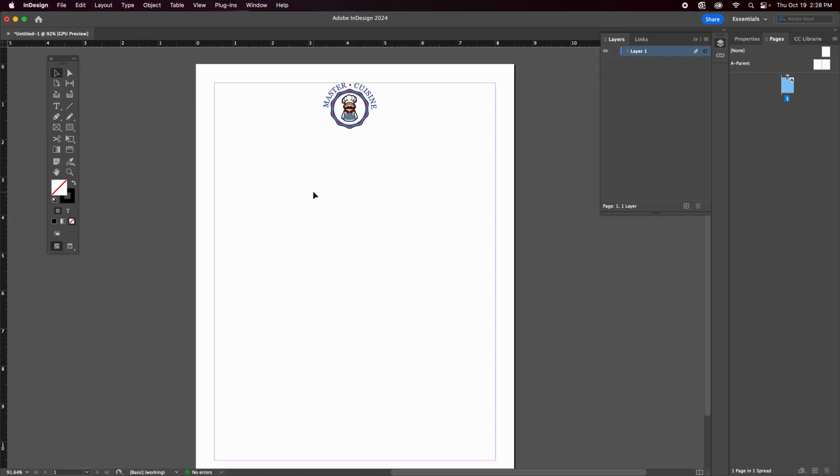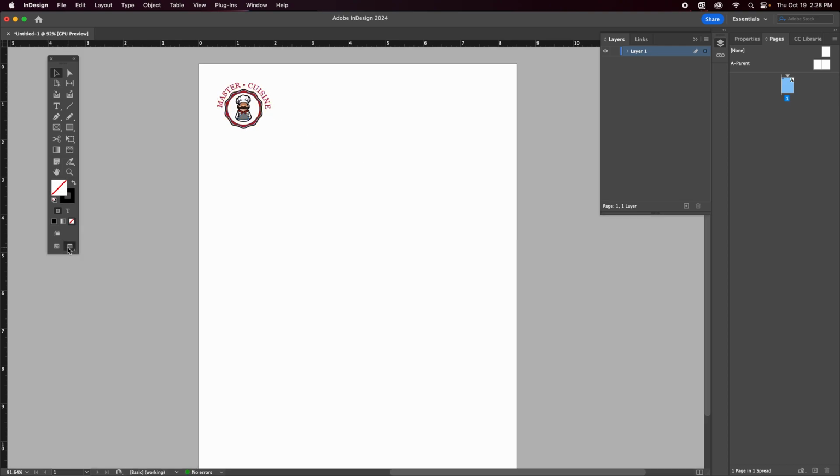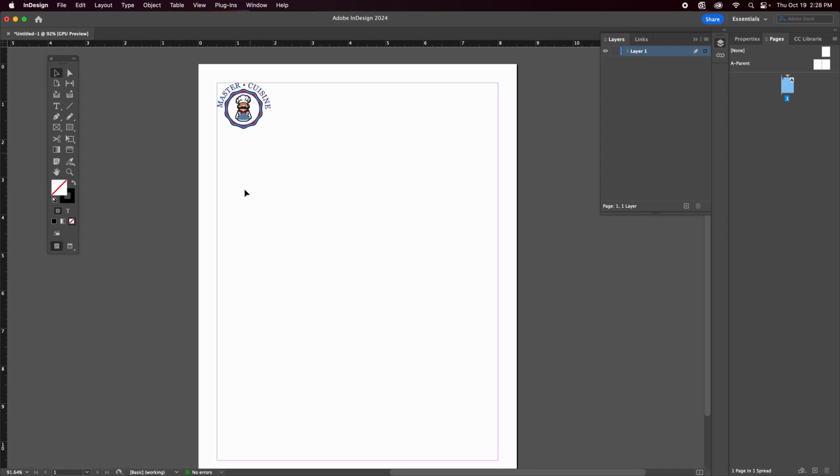So I want to add a couple of things to that. Go back to my guide, and then I'm trying to decide if I want to leave that there or if I want to add some extra things on there. So I think I am going to add some extra things on there for illustrative purposes. Yeah, let's go with the logo here. Go down with a line, and then we're going to go with a tagline for the company there. So I'm going to pull a line out here,